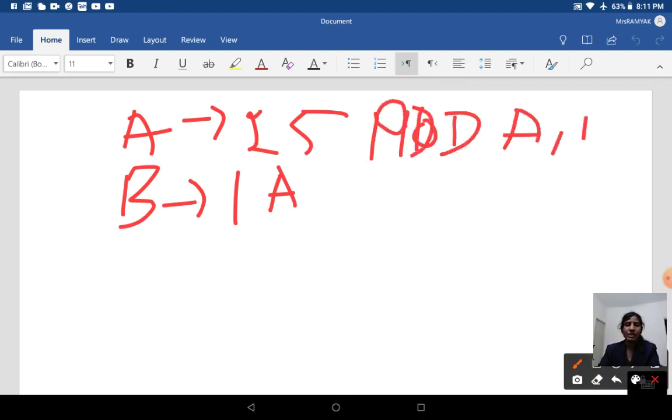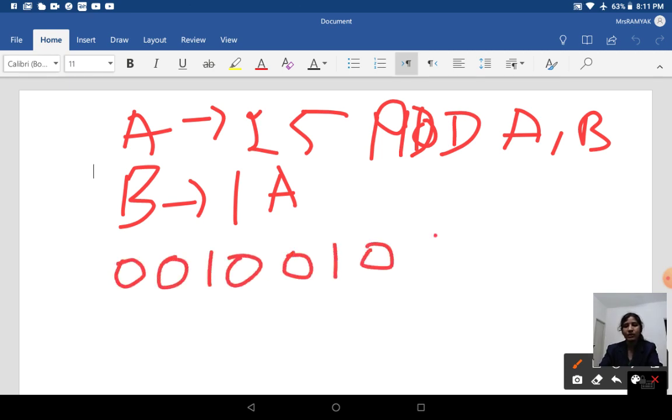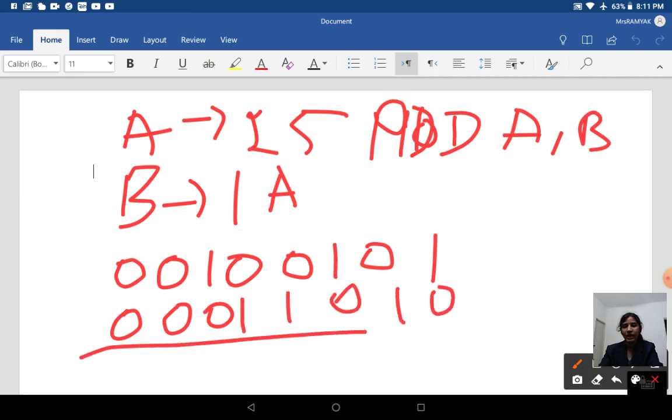So when your assembler executes ADD A comma B, the content of A is added with B. That is 25, meaning 0010, 5 means 0101. Content of B is 1A, 0001, A is 1010. So when you add, it will be 0011 1111.